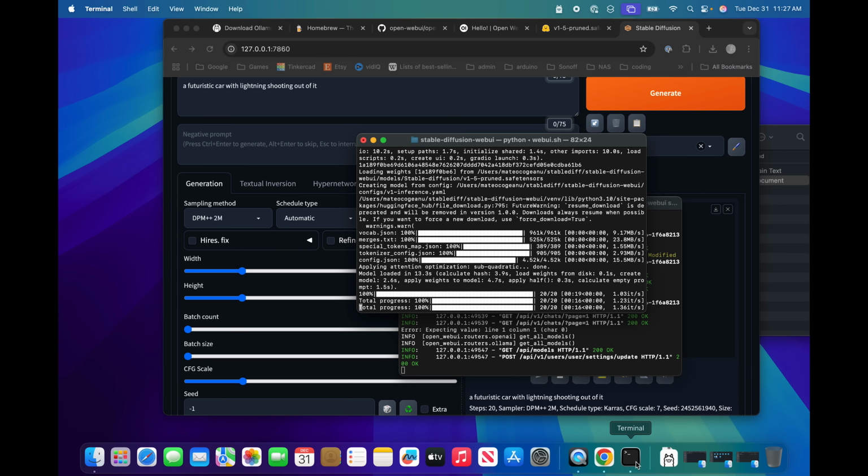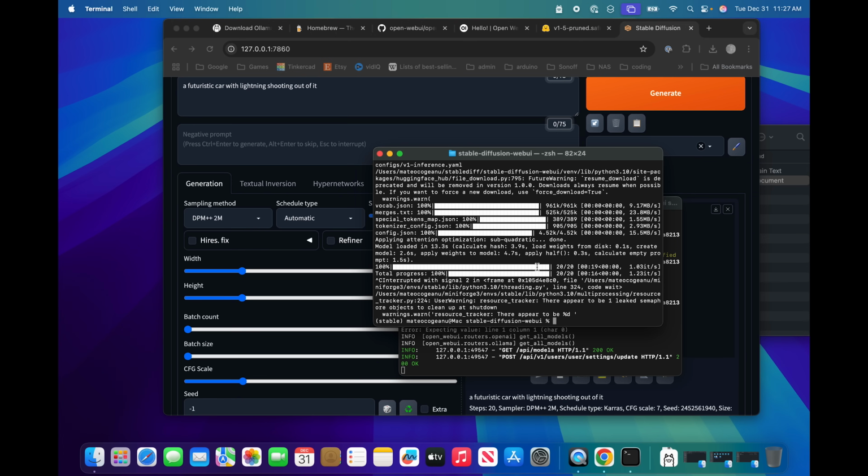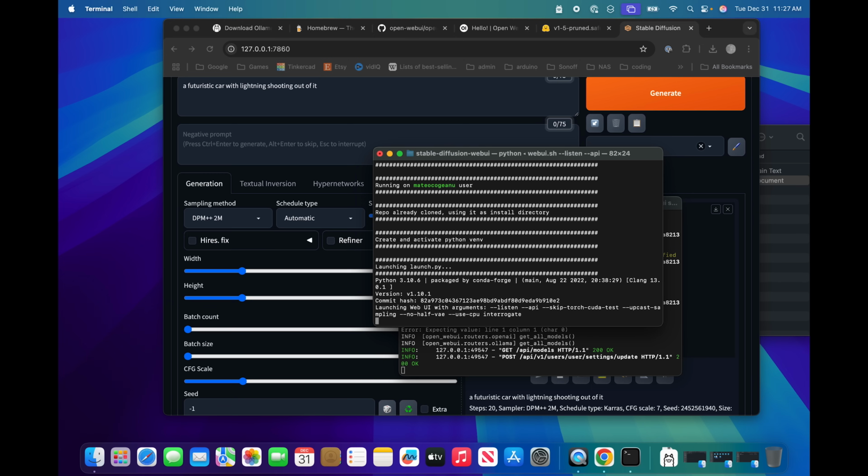Let's turn off the Stable Diffusion with Control-C, and it's disabled. Now we will go up, webui.sh --listen and --api and enter.